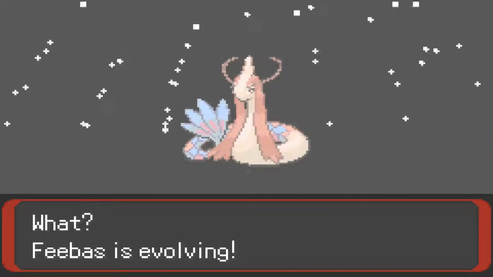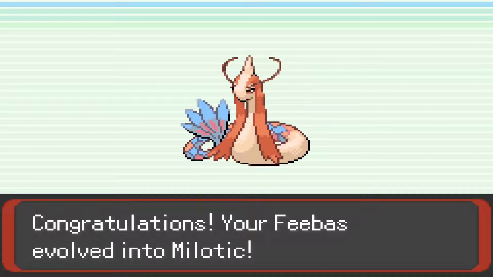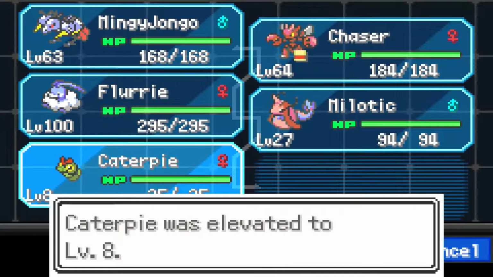And Feebas has evolved into one of my other favorite Pokemon, Milotic. There's another ROM hack that actually makes a Mega Form for Flygon, Milotic, and Machamp, and Mega Milotic is Water Fairy, and I really am happy with that type combination for obvious reasons, but Milotic was already one of my favorite Pokemon, so...